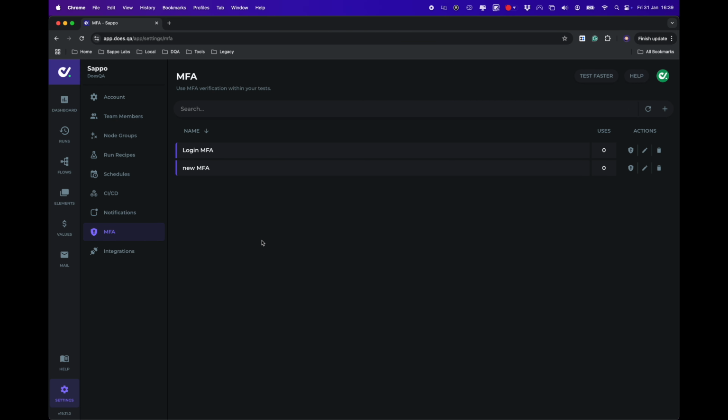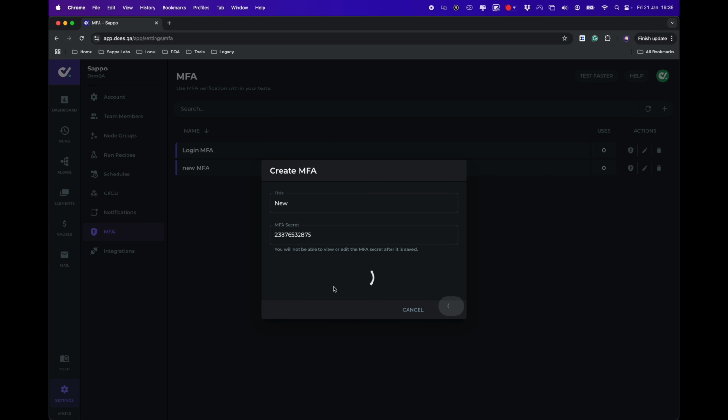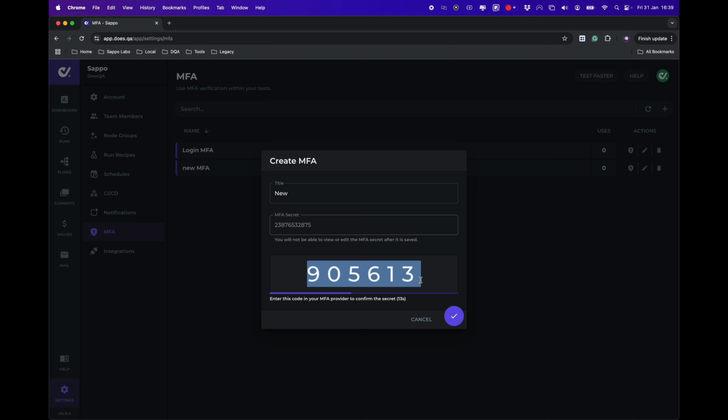MFA, I will quickly show you. So if we create a new MFA, and at the same point you get the QR code, you can normally get a secret, and if you type that secret in here, we will generate an authentication code. You can paste that back, and then you've created that